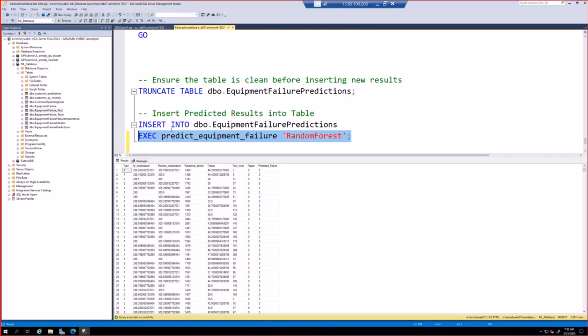So now you've created your model inside your SQL Server, you don't have to go and do all the process for cleaning again because you've created a stored procedure. You just run the stored procedure and then boom, you get your results. And from the results, you can be able to see whether